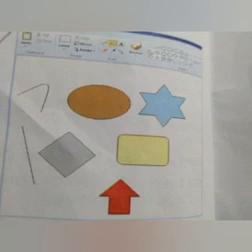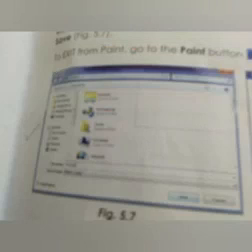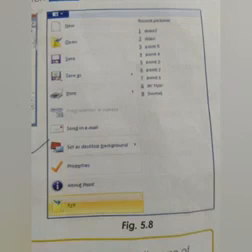When the drawing is complete, you will follow step 1, step 2, step 3. In step 1, you will click the paint button and click Save As. In step 2, in the Save As window, you will select the file format you want. Step 3, see, children, the figure given in 5.7. You have to find the file name box, type any name for your drawing and click Save, which is given in figure 5.7.